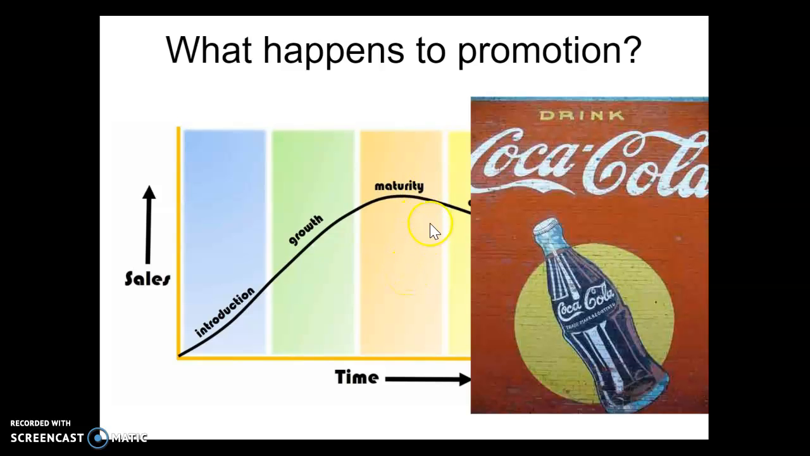about your brand. You can't see it here, but obviously the next stage is decline. Here you might have lots of promotion that focuses on like price reductions and big sale and everything to keep